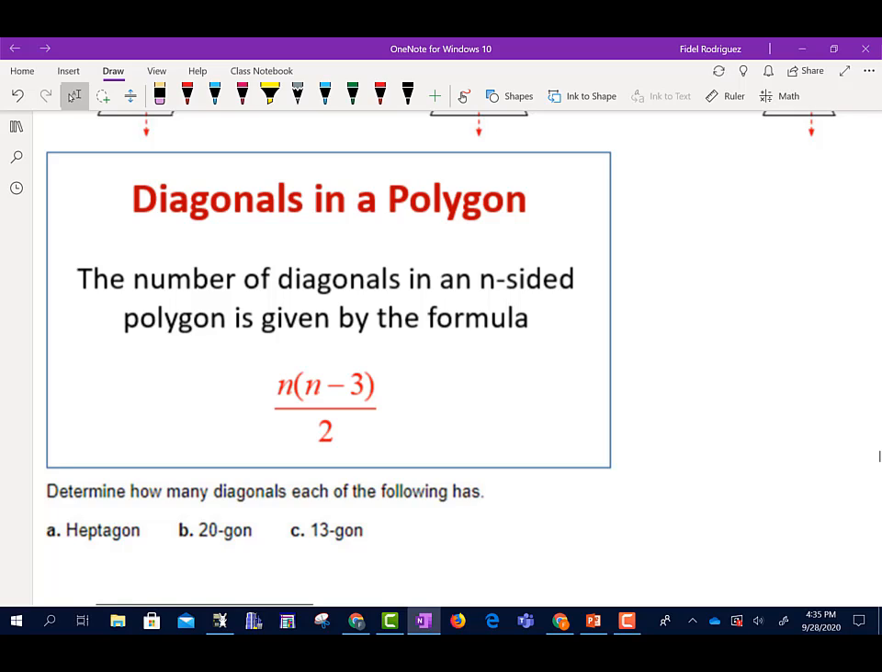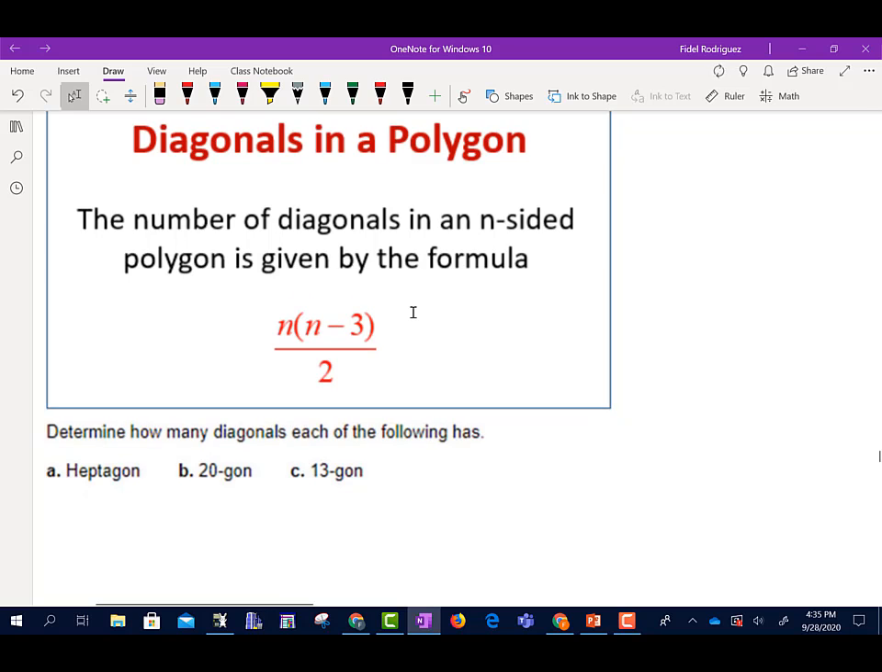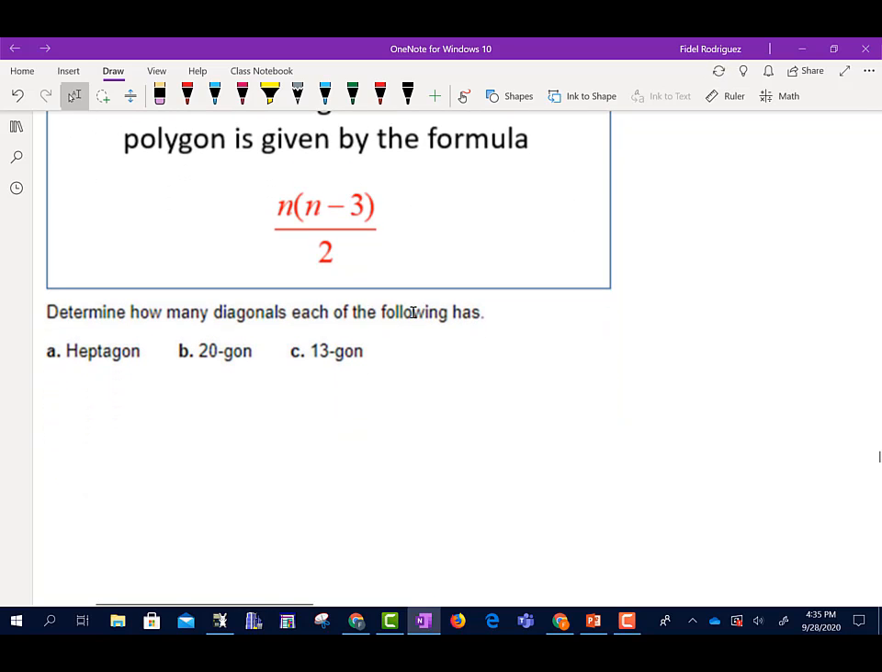All right, diagonals in a polygon. It says the number of diagonals in an n-sided polygon is given by this formula. Okay, so the first part says determine how many diagonals each of the following has. Okay, so let's do part A. Part A says